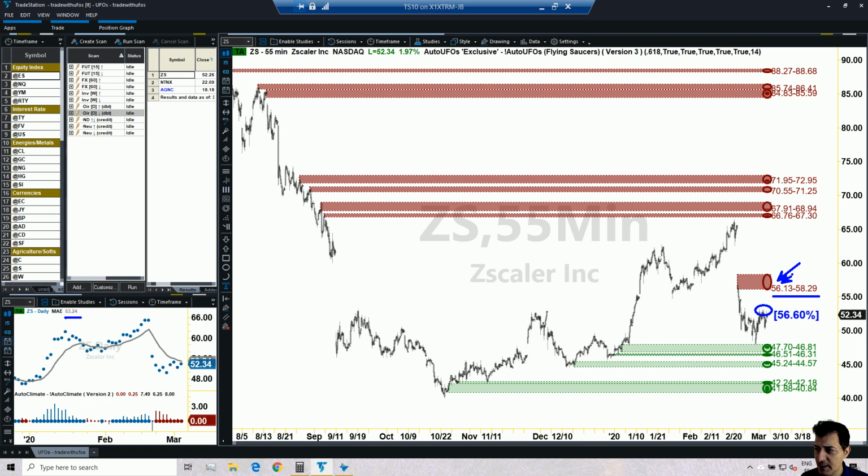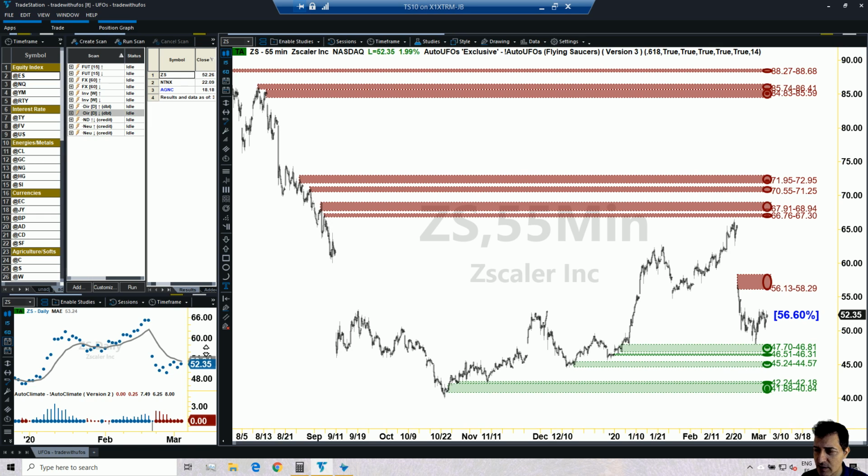My UFO is 56, so I don't have a situation where the UFO and the EMA are basically agreeing, and the UFO is enveloping the EMA. So the trade is not valid in the case of ZX. But anyway, nice probability, 56.6. So keep an eye on that guy,